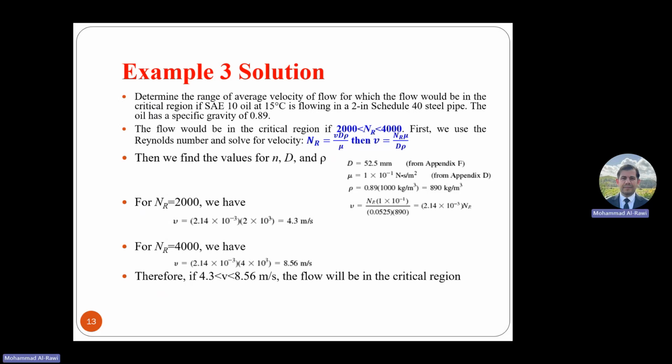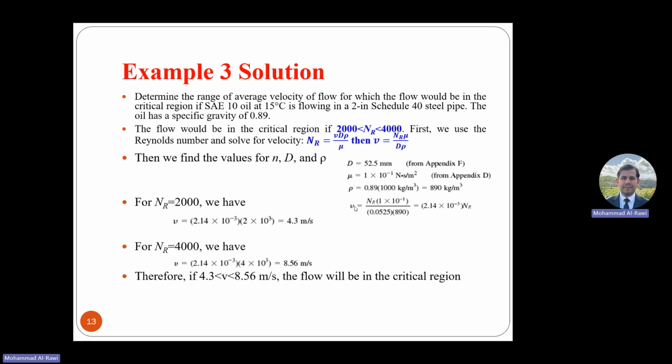So rearranging the equation, you have the velocity equals the Reynolds number times the dynamic viscosity divided by the diameter and density. Now to find the values for mu, this should be mu, and density, we come here. The diameter from appendix F is about 52.5. Remember, we need to divide this by 1000. And the dynamic viscosity is 1 times 10 to the power minus 1. That's from appendix T. And density for the oil, we multiply the specific gravity 0.89 times the water density 890,